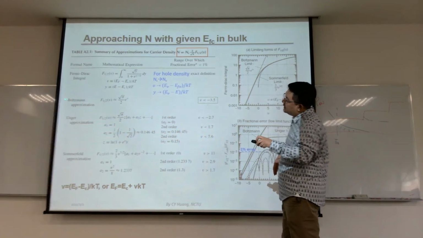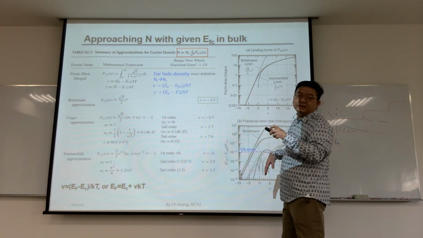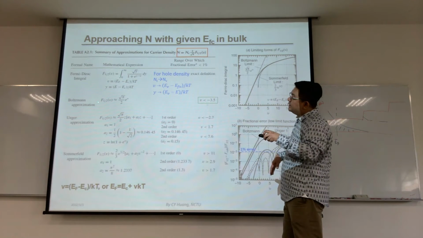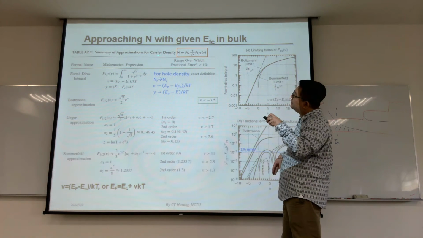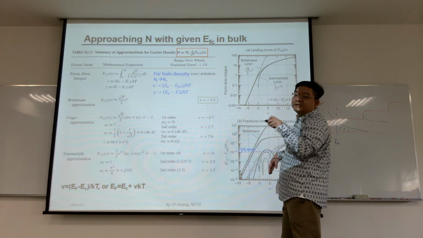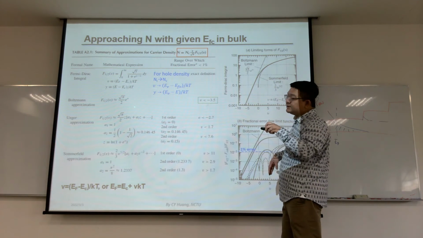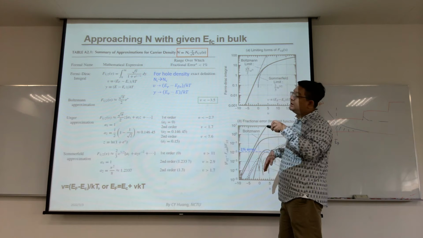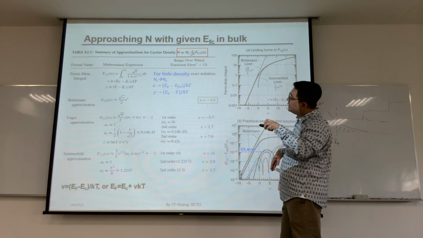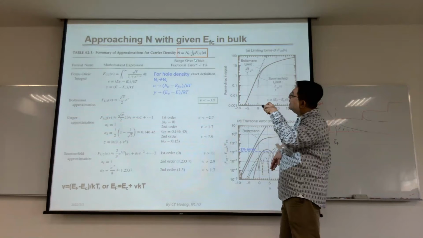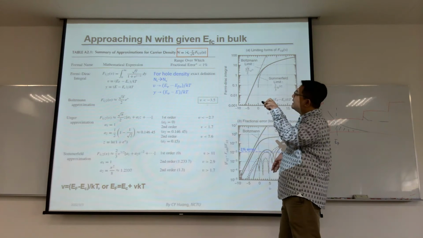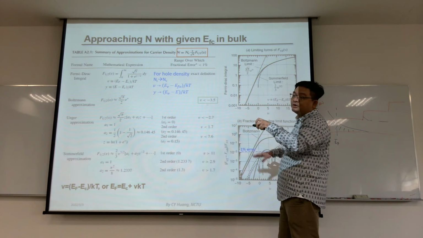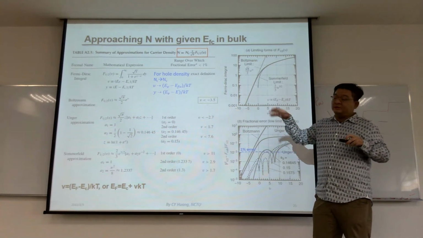So at the Boltzmann approximation, that means the case we did last week, the whole term is close to square root pi divided by 2 times exponential EF minus EC over KT. Yeah, that is the identical case we learned last week. And then we put it back, and pi over 2 will be eliminated with the coefficient here. So then it becomes NC exponential blah blah blah. That's what we did this week. And